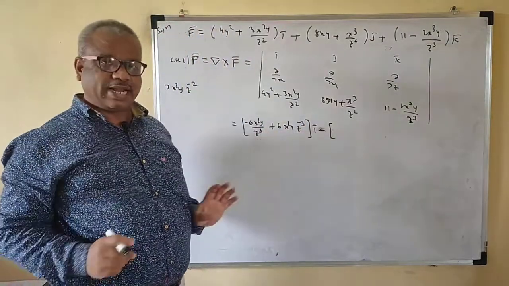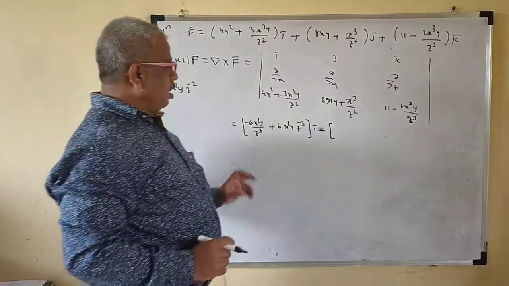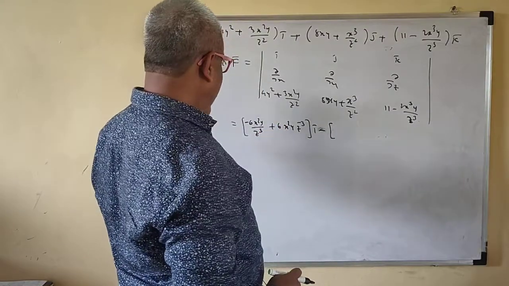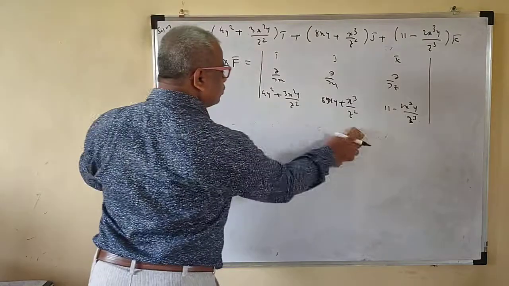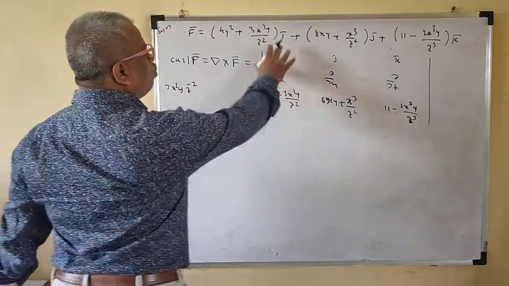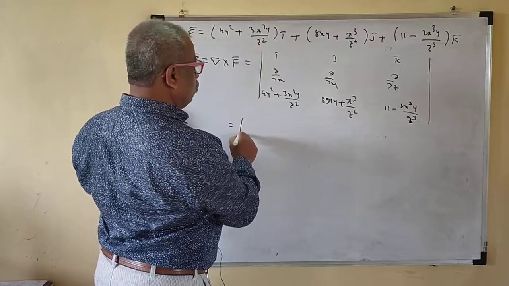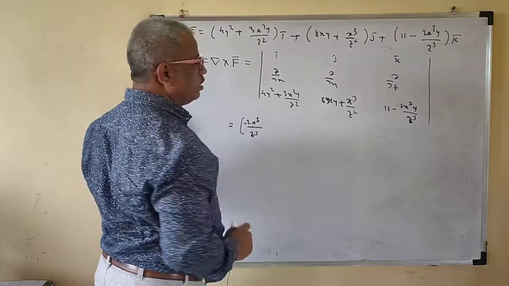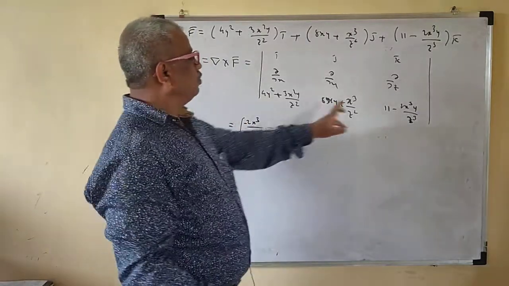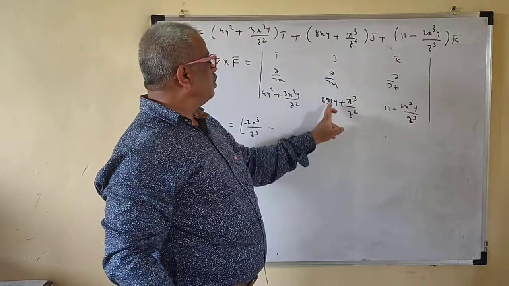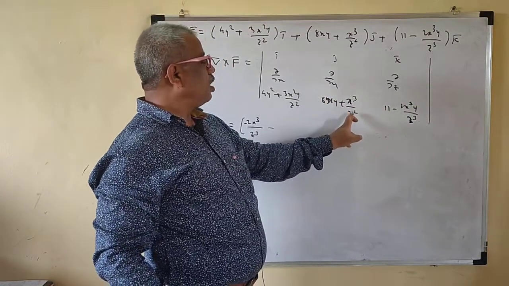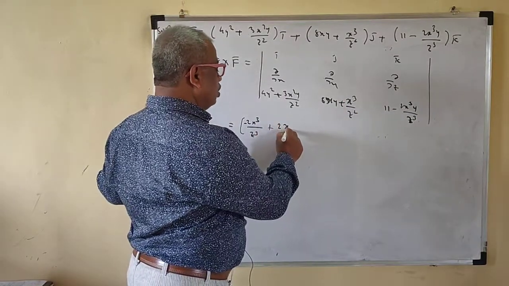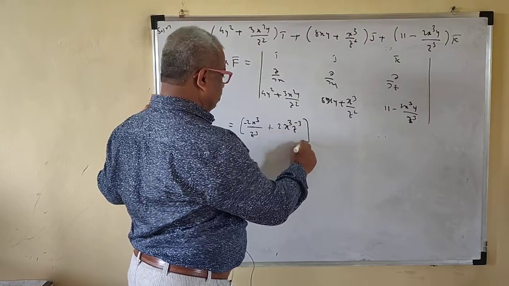Minus j bar. For j bar we drop the second column. We did it wrong here; you have to drop the first term. ∂/∂x of that one is 2x³... no, 3x²/z², wait: twice x³ upon z³ is minus, then minus ∂/∂z of this one. The derivative of the first is 0 and this is z^(−2), so again it becomes plus 2x³ z^(−3).